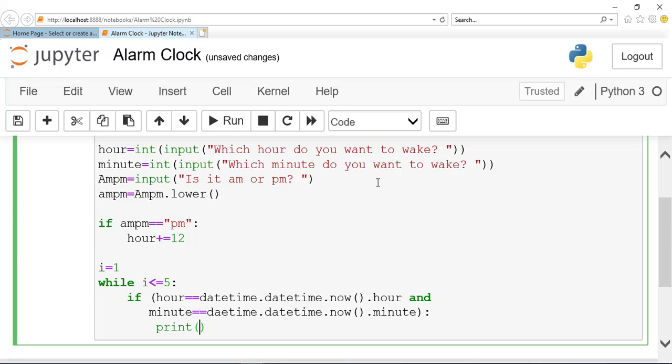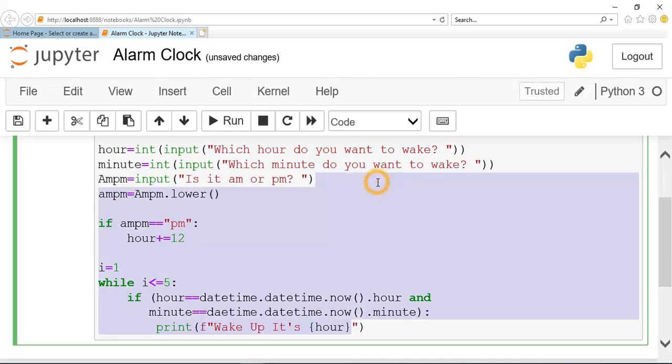So guys, I have to use here f string, and I will write here wake up, it's, and then guys I'll use curly braces. First I will write hour, and after that colon, and again a curly brace, and here I'll write minute.